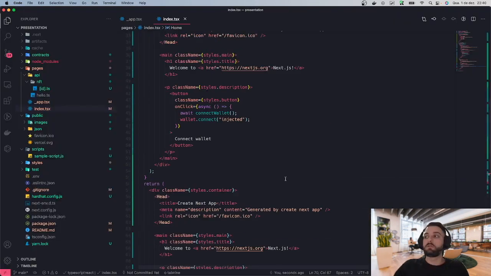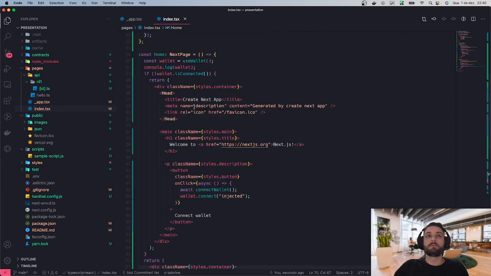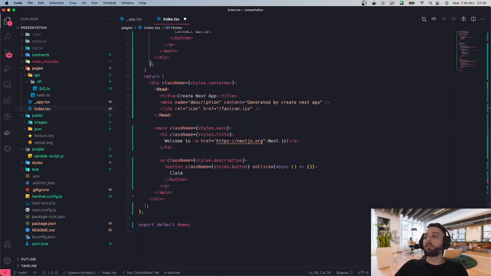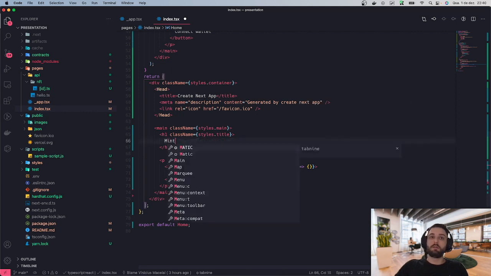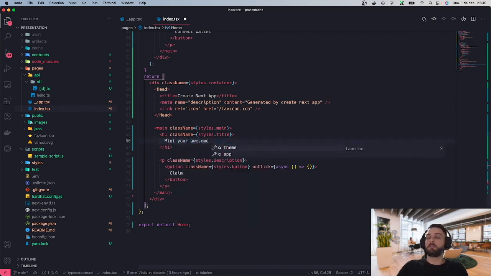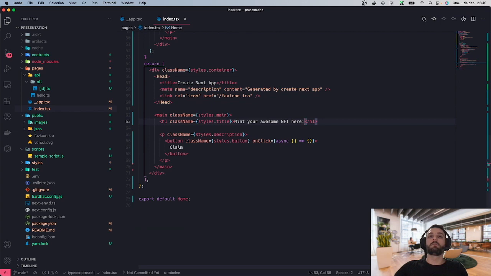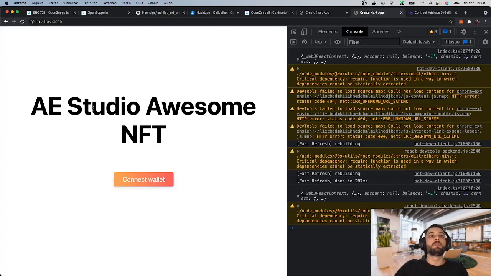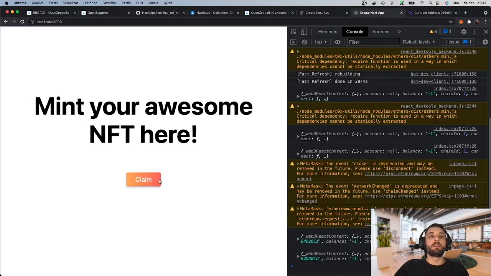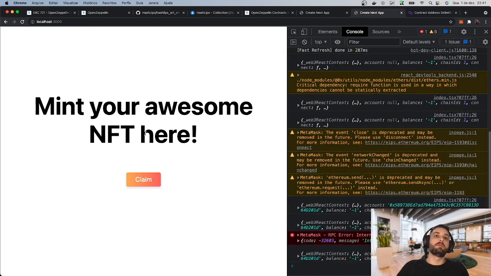And also we can change this: instead of having "welcome to Next," like a studio awesome NFT, and then when it's connected we can have a message like "mint your awesome NFT here." So yeah, we can see here and then when clicking connect it changes to the claim,